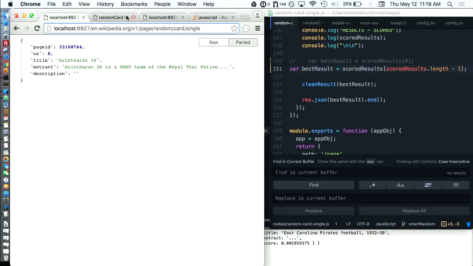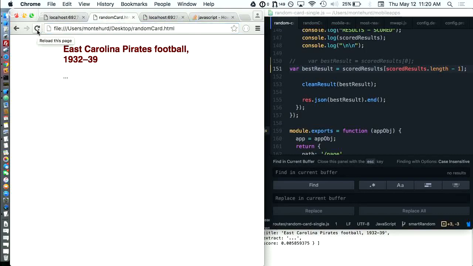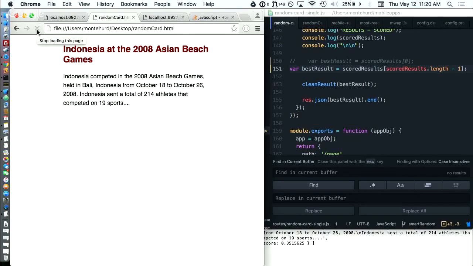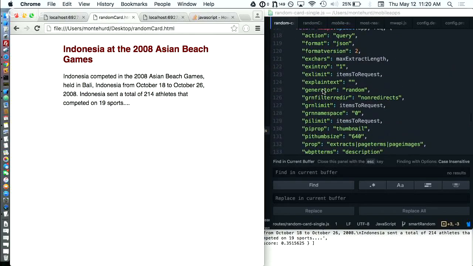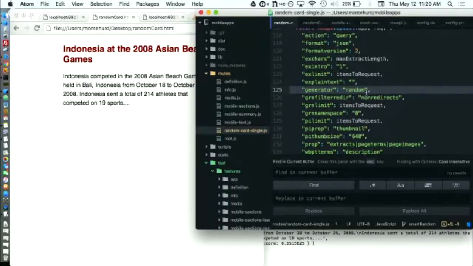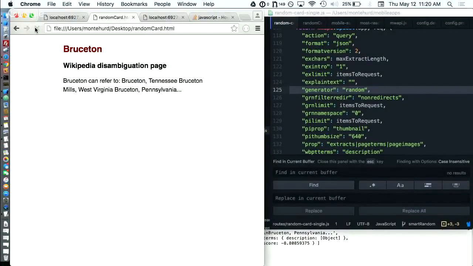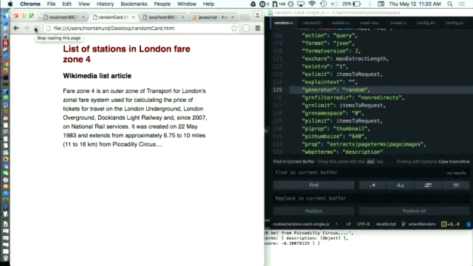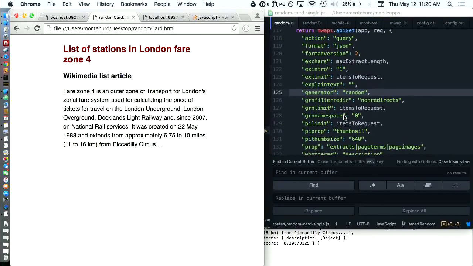And what I mean by good is something that maybe doesn't look like this, or this, or this, because the existing random endpoint that you can use if you configure the request like this can occasionally return things that, say, don't have text extract, or for a disambiguation page, or it might not have an image or a Wikidata description. So I realize there are other approaches to doing the same thing. We could pick random from a category of articles that are more curated, but just as an experiment,